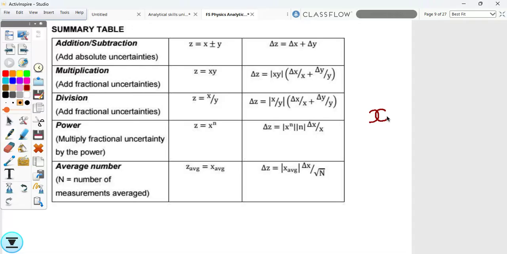All right. Then if there's a power, it's the same as having the value more than once. So it would be the same. So if it's x squared,